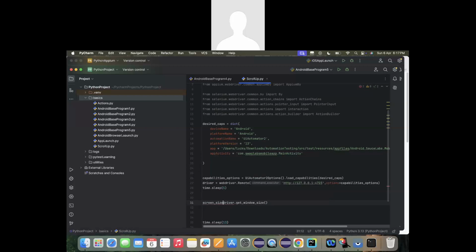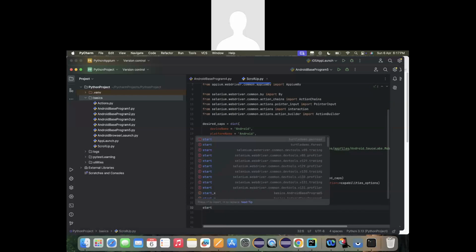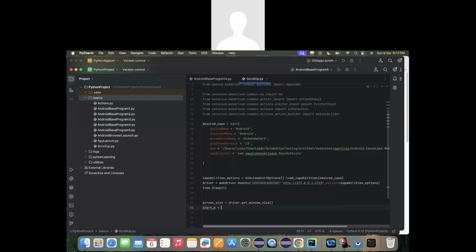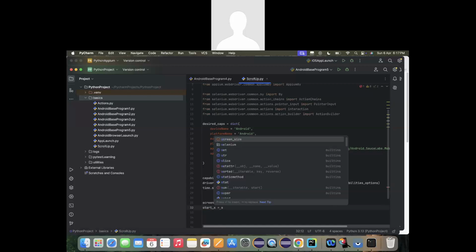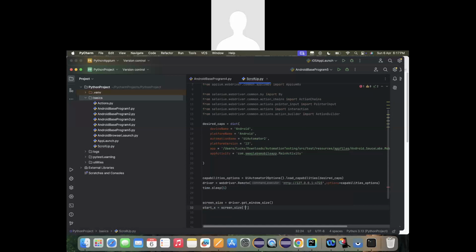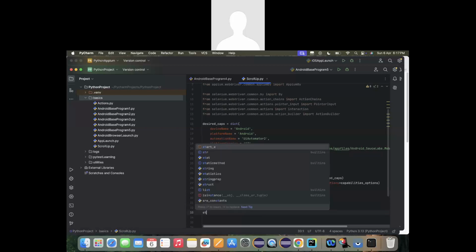Okay, the screen size itself means the height and the width of that particular current mobile instance will be captured. The height and the width of that mobile instance will be captured. And the starting coordinate, I just want to get the width. X itself means the width, which is going to be divided by 2, which is going to be roughly at the center of that